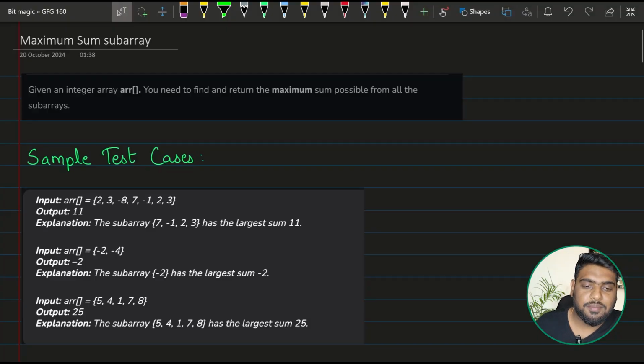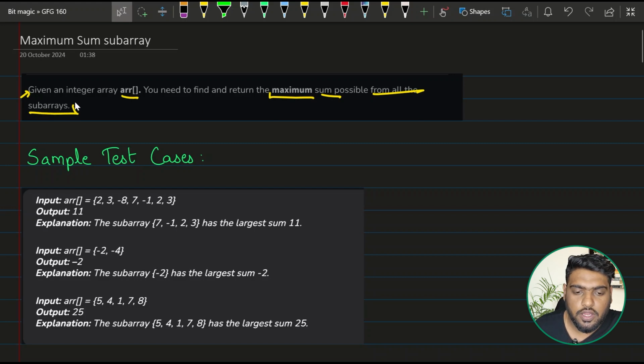Let's start solving maximum subarray sum. Okay, the problem statement says given an integer array ARR, you need to find and return the maximum sum possible from all the subarrays. All right, so suppose you have this example given here consisting of these elements 2, 3,